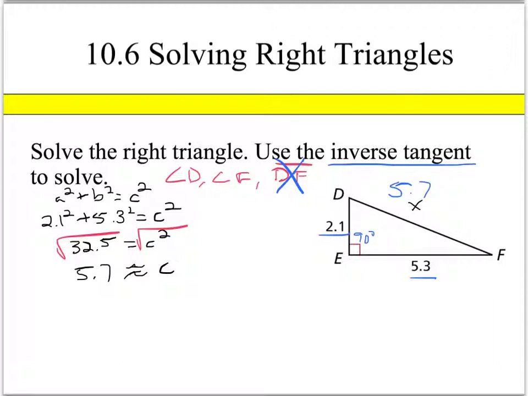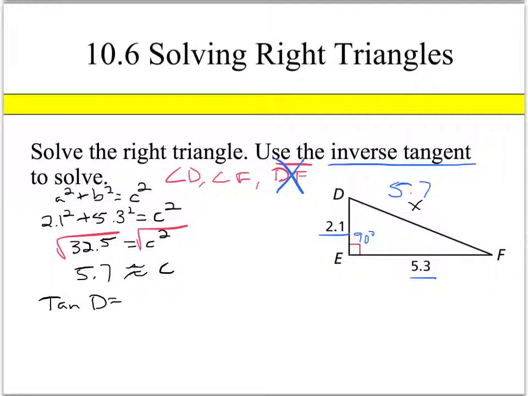So we know the tangent. We know what tangent is. So what I'm going to do, and you could go either way, you could find the tangent of D or you could find the tangent of F. I'm going to solve the tangent of D. So in your head, I want you to think the tangent of D is equal to